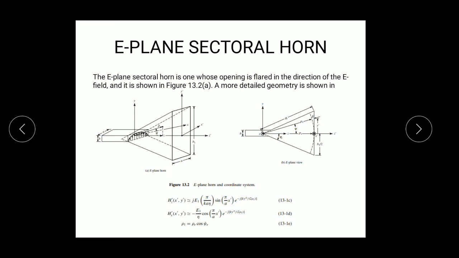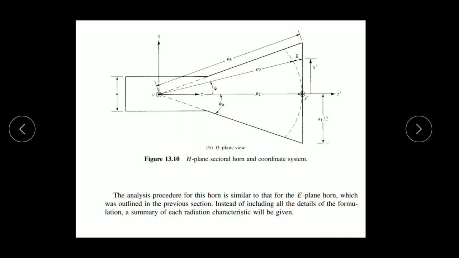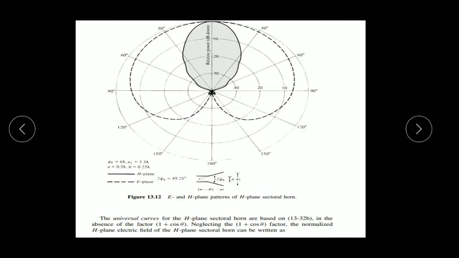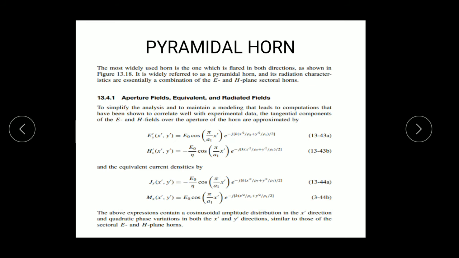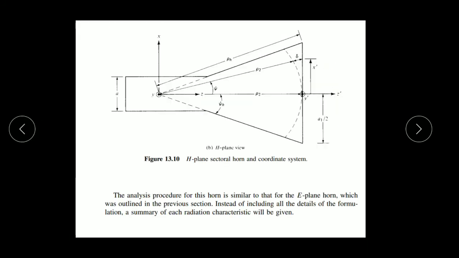E-plane sector horn antenna. Basically, there are three types of horn antenna: the first type is the E-plane, the second is the H-plane, and the third type is the pyramidal horn. First we discuss the